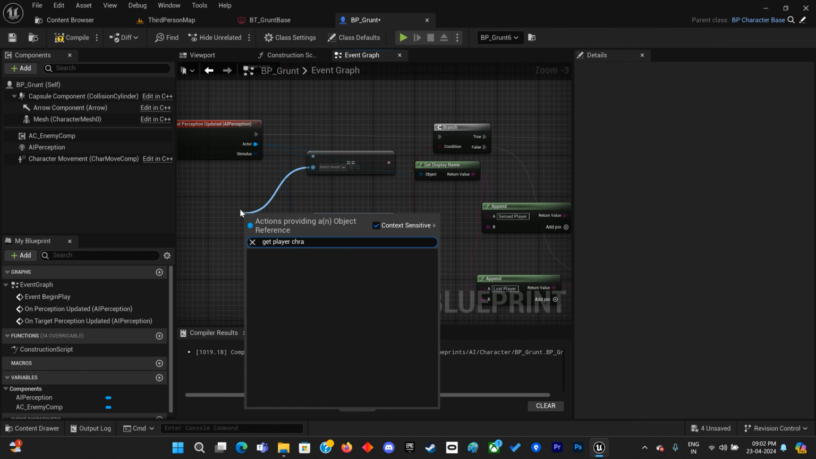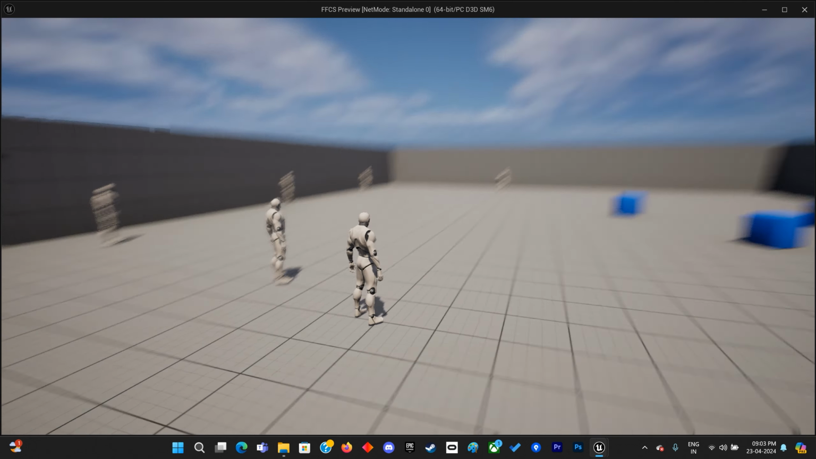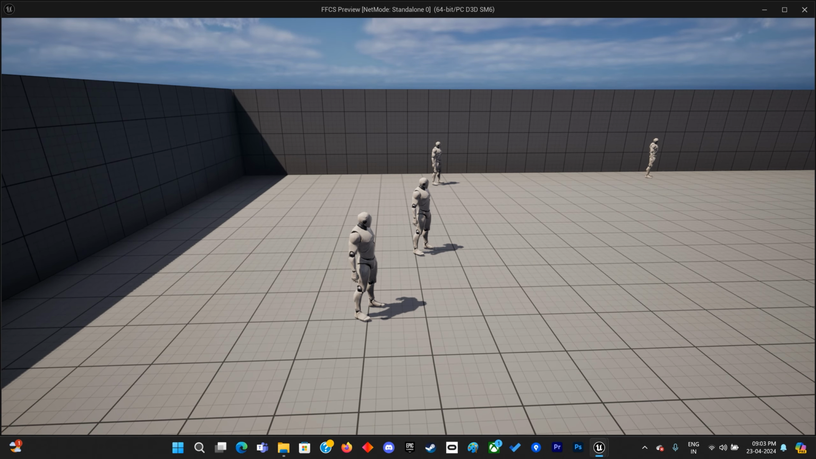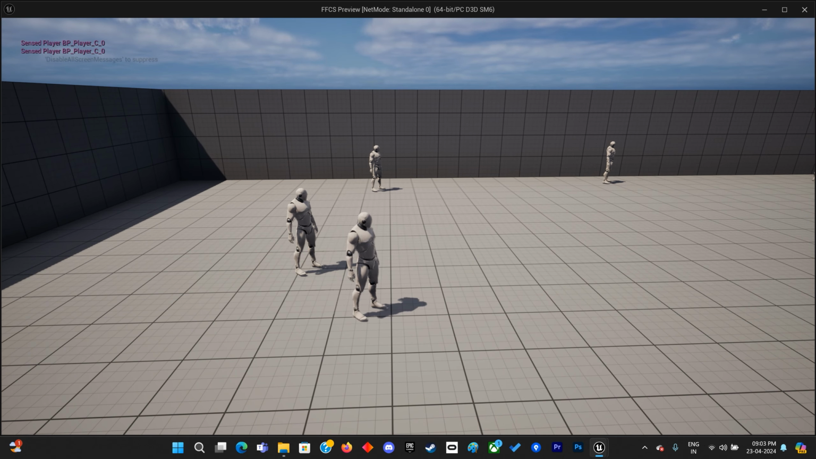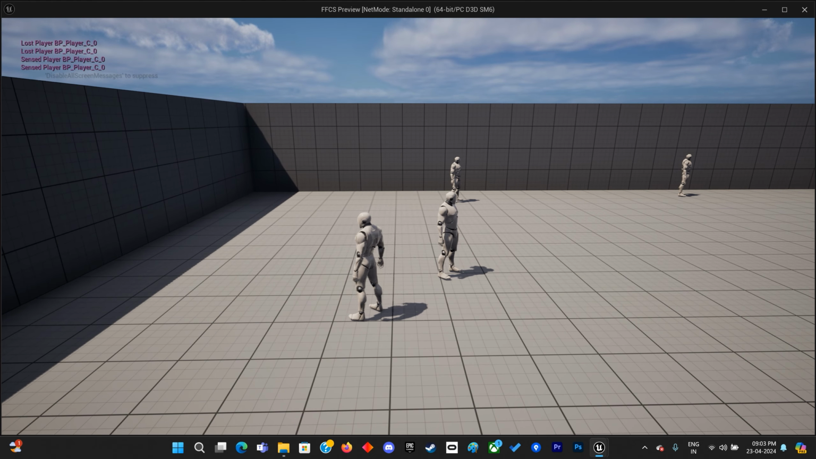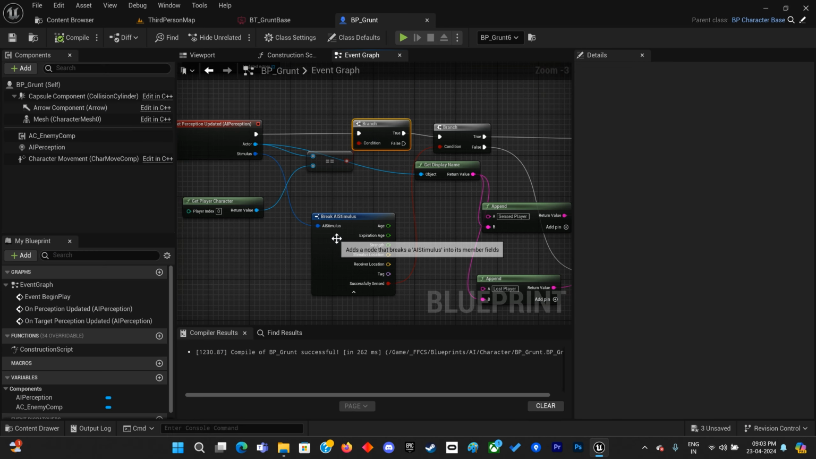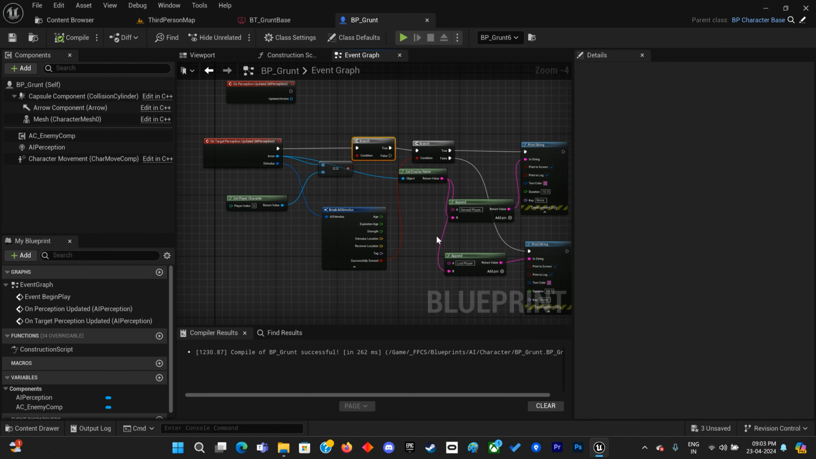Now, if I do another condition over here, which we were doing initially, is the Get Player Character. If it is the character itself, only then tell us if the character was successfully sensed or if he was lost. Now see, sensed BP player, both of these guys have sensed me. Now both of them have lost me. Now again, this is a good start, right? But it's not enough yet,